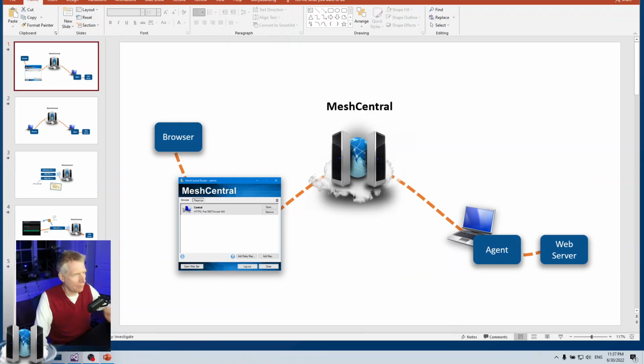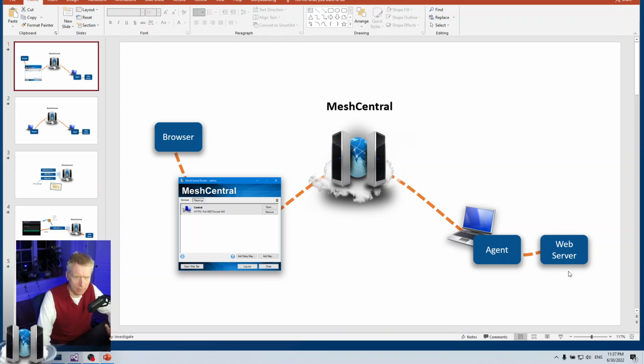I'm going to start with a few slides, and I'm going to start with what you would typically do with Mesh Central Router. Here I have a slide with Mesh Central at the center. On the left side, I have your typical user who has a browser, and he's browsing Mesh Central. Then he wants to access a web page that's on a web server somewhere on a remote network.